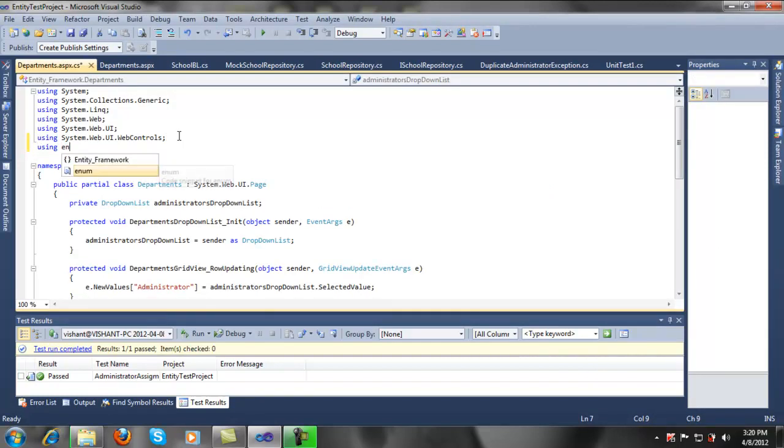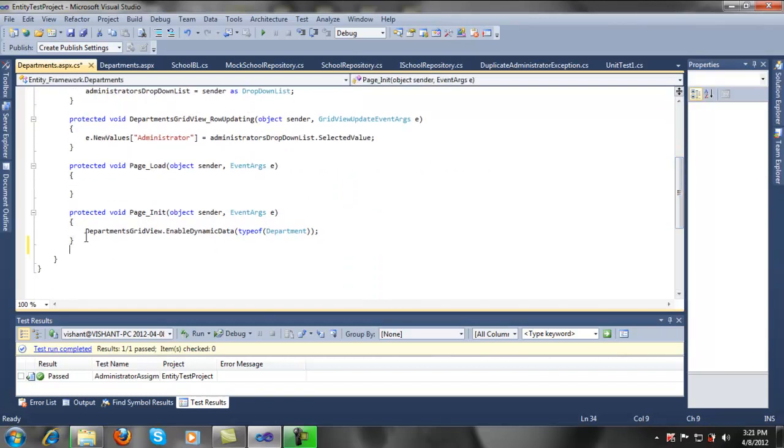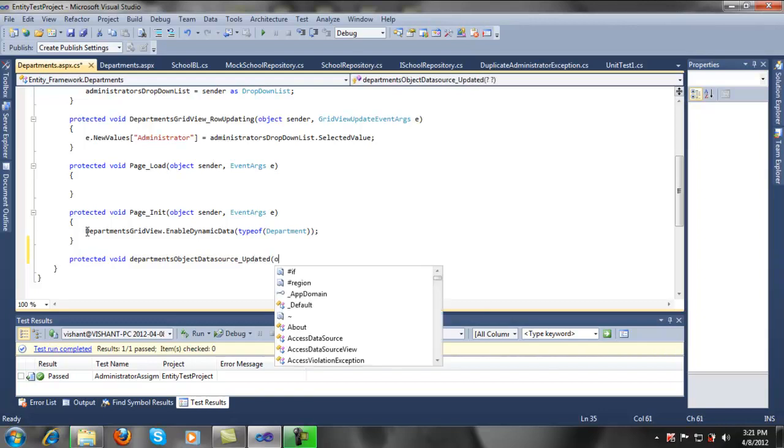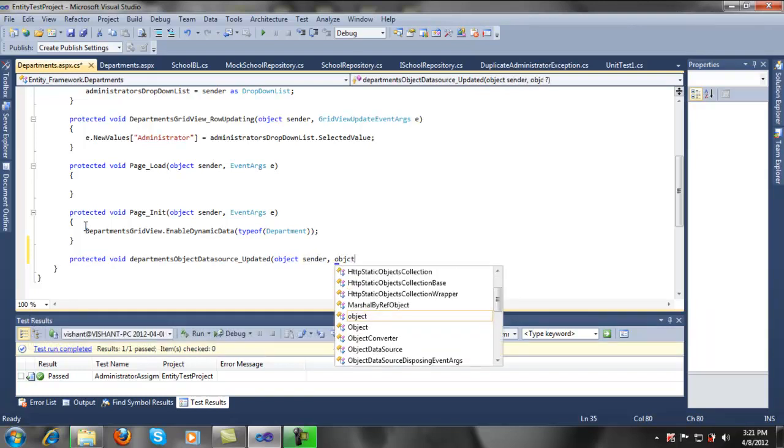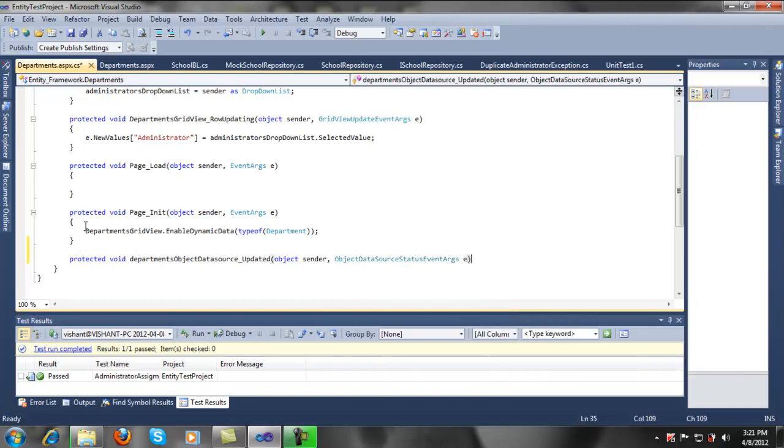Let's open the PS file. Here I want to say entity framework. Here I want to add a validation method, void, check the source, updated. Check under, checked the source step. Exception does not equal to null, then